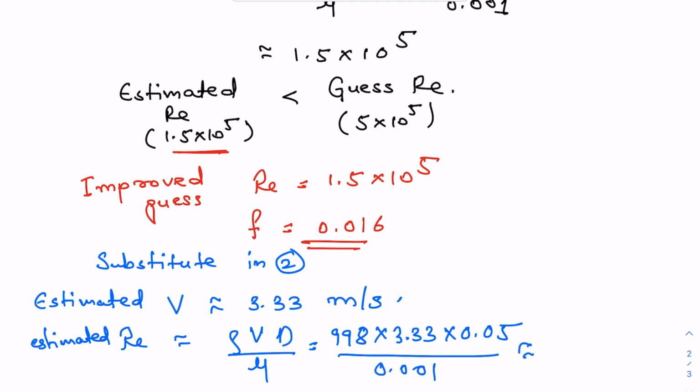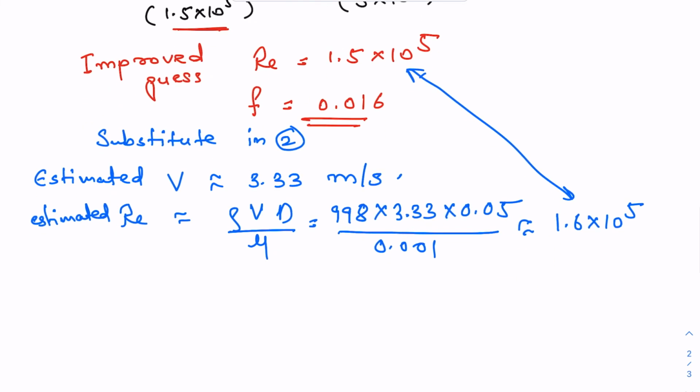And now this comes out to be 1.6 times 10 power 5. So this is very close to our improved guess, and that gives us hope. So in the next iteration, will be more stringent. So this is good enough, but the next iteration, guess